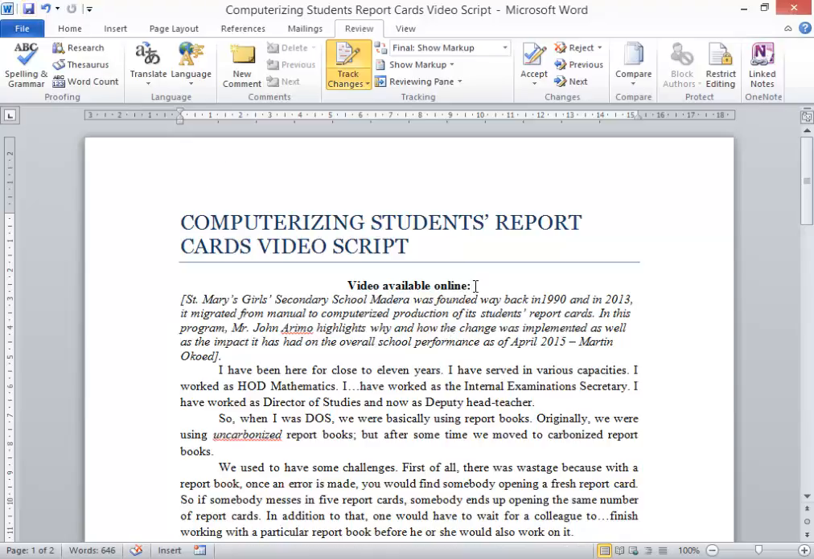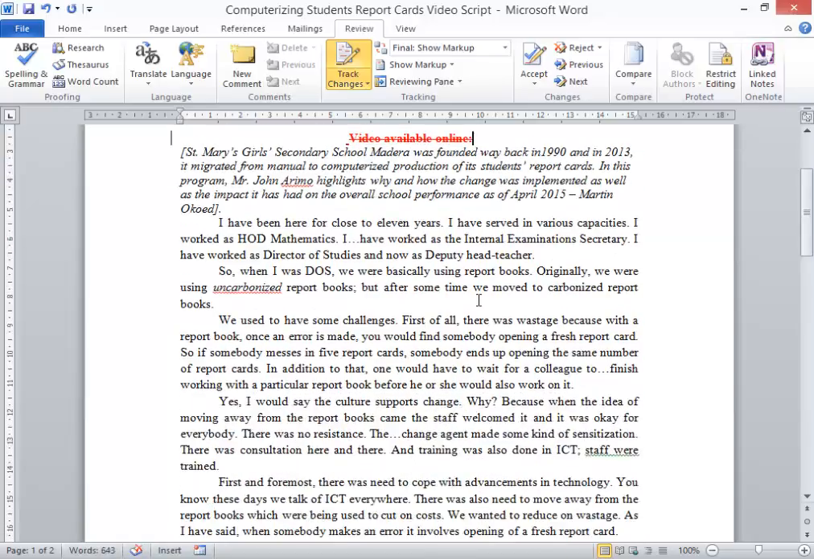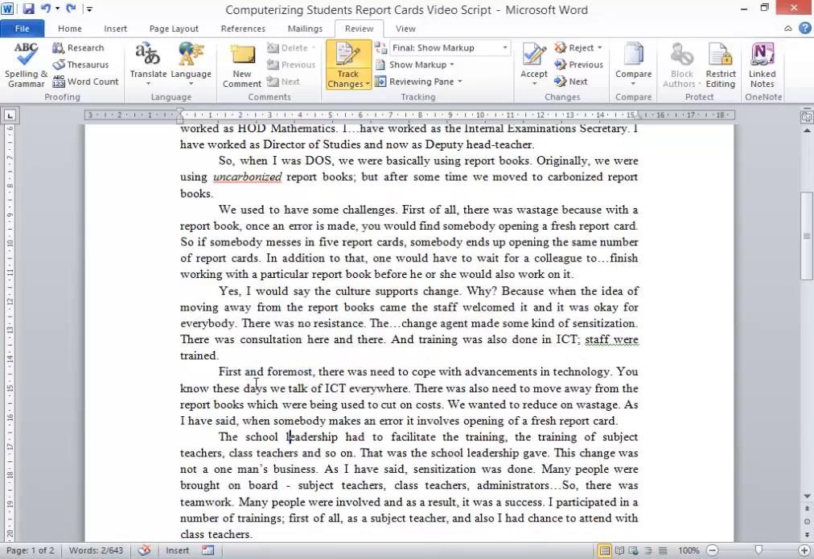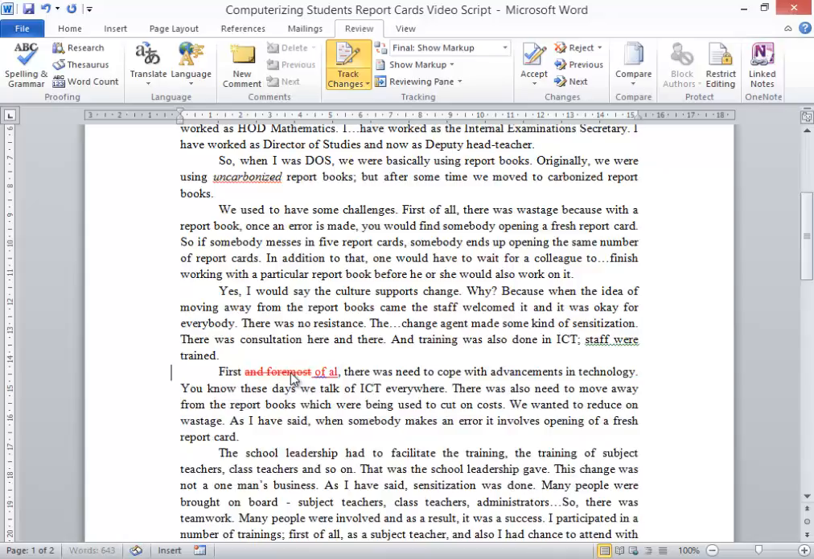When you send this document to another person, and that person begins reviewing it, making edits here and there, deletions, the word processor will be able to track the changes. Let's say the person chooses to delete this statement here. When you delete, it indicates that it has been deleted. So when the person chooses to replace this, say we say first of all,